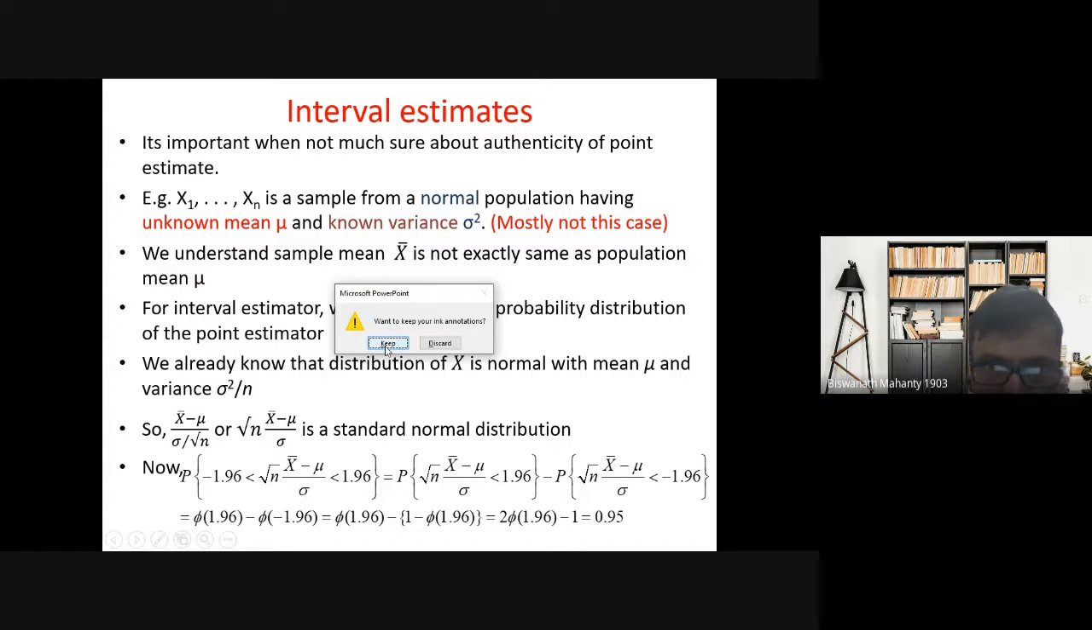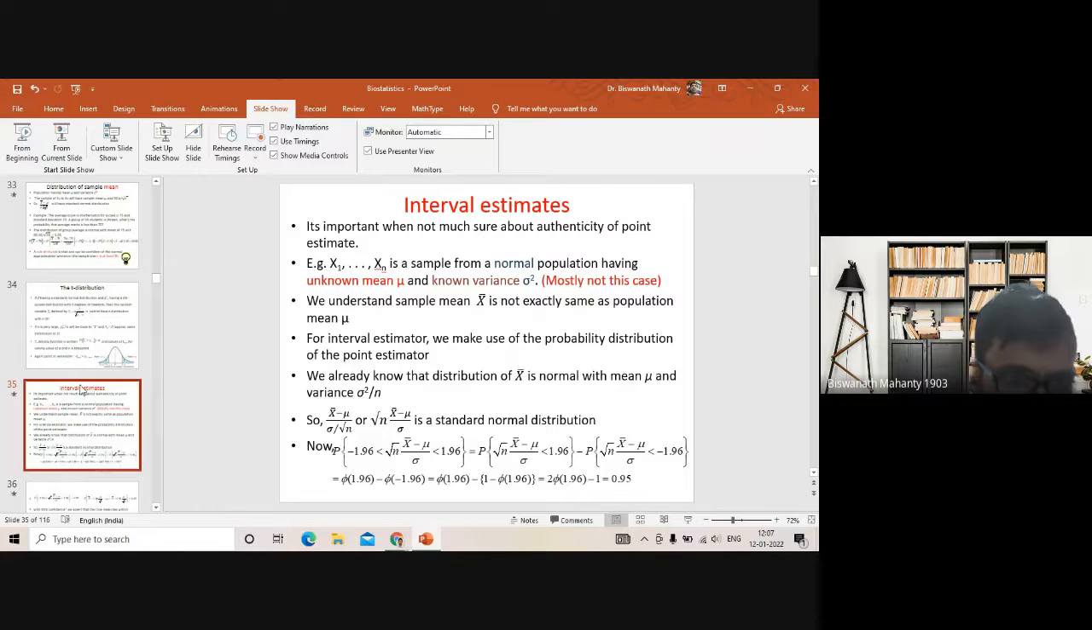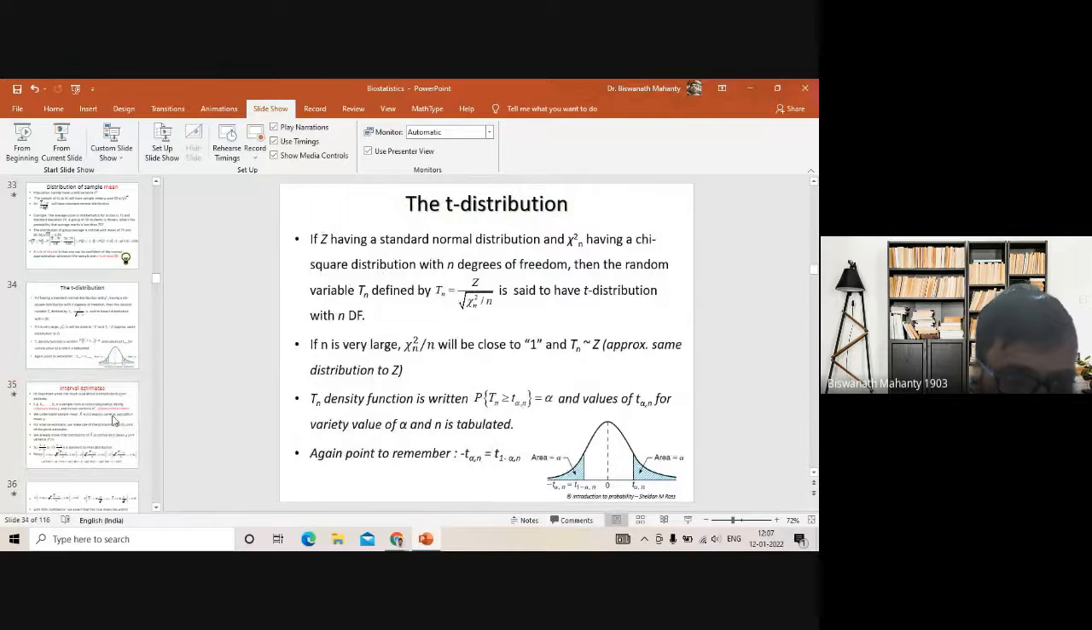What is the use of this point? Let me come, I'll add just one slide. Okay. Interval estimate means